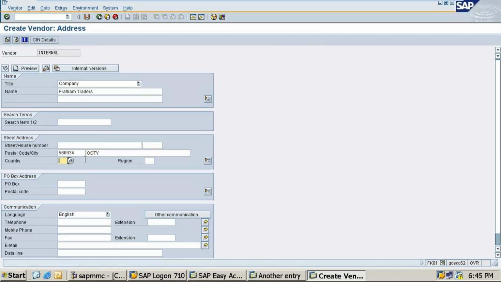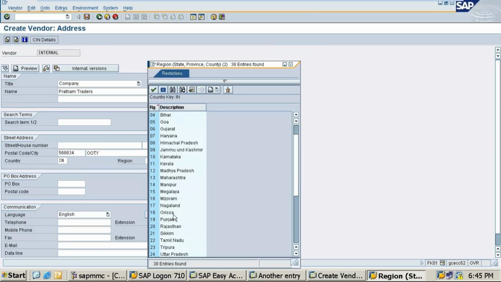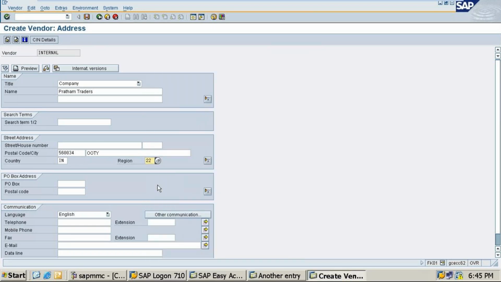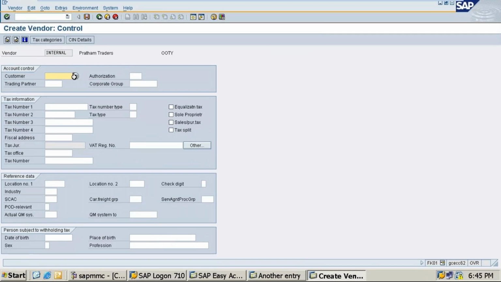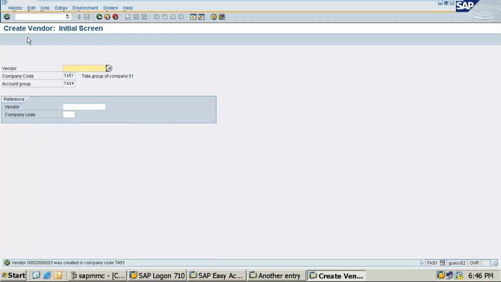Country is India. Region is Tamil Nadu. I should give Madhya Pradesh, not Tamil Nadu. Press enter. Reconciliation account, short key 001, and this is A1. Click on save. So this also is created.